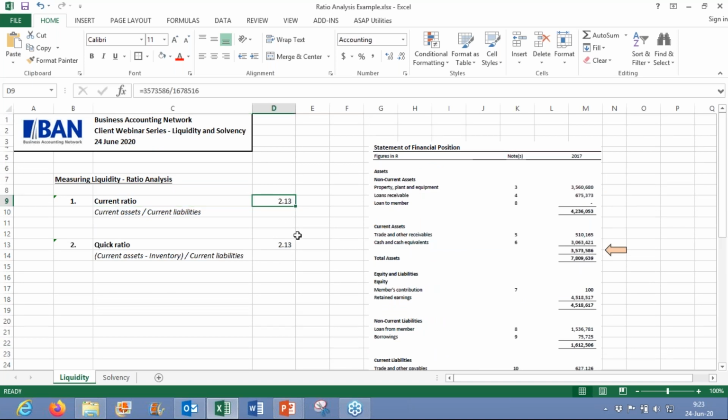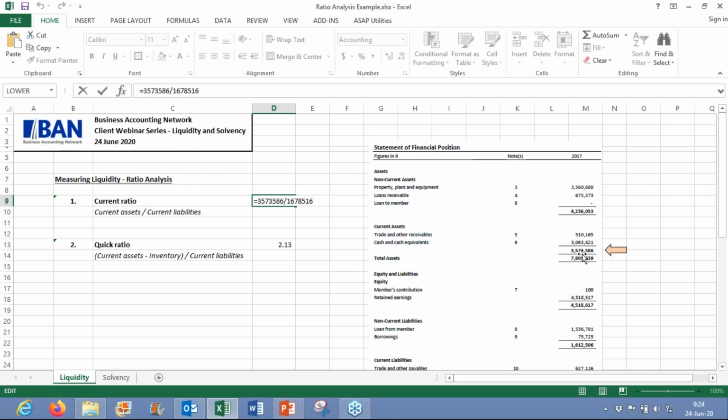If I look at this block, I'm going to open the formula for everyone to follow. Where did I get these figures and how do you actually calculate it? My current assets are sitting over here in my financial statements, and this pink arrow is the value that I've taken for the current assets. It's your total short-term assets. In this case, the business, or the CC, has trade receivables and cash. Just for those of you who are not sure how I know that it's a CC: we have members' contribution here. Anytime the financial statements talk about members, then you know you're looking at a CC.